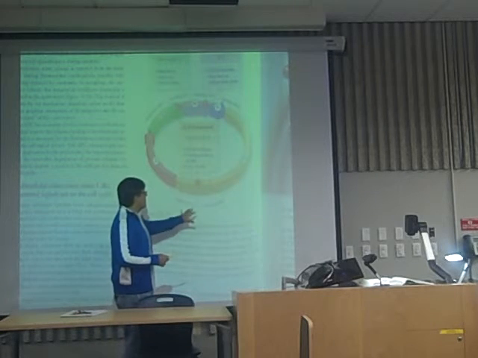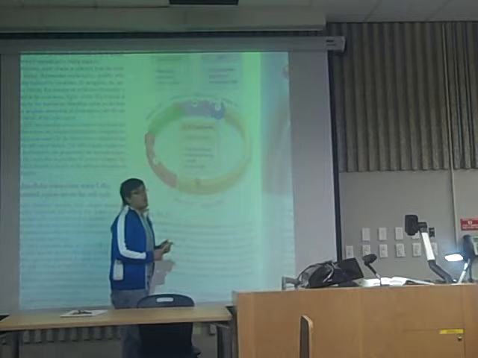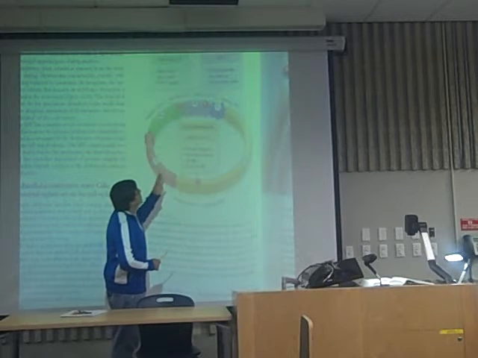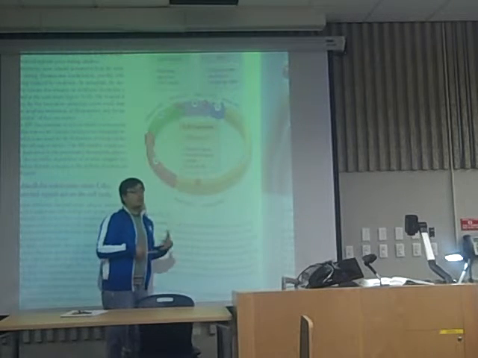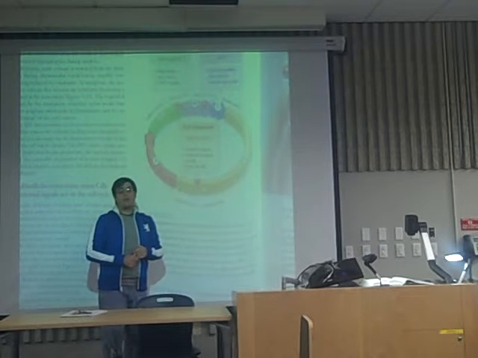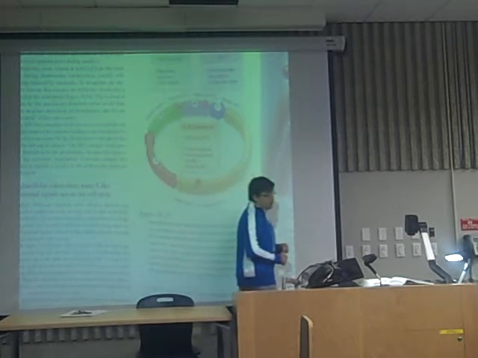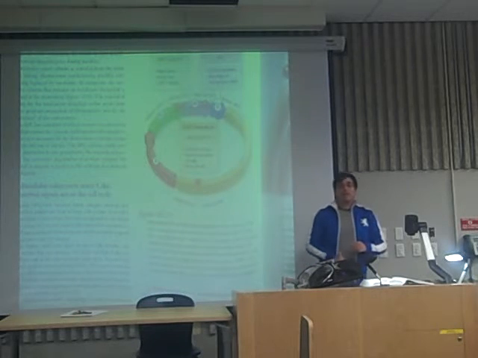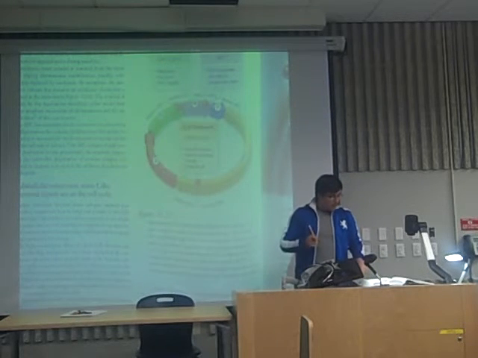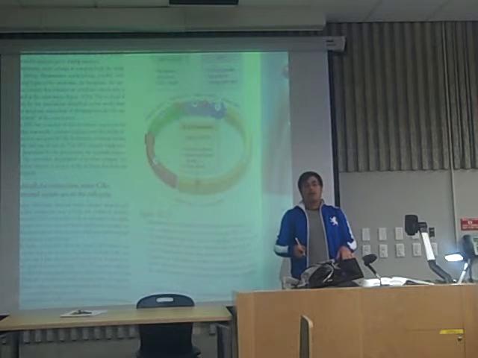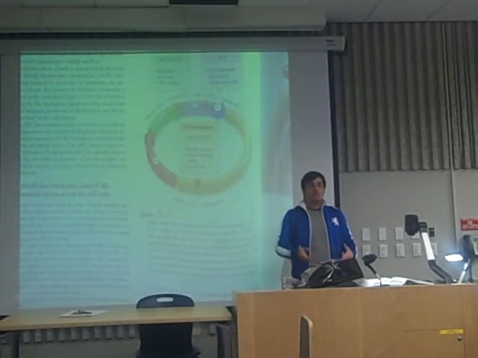Same concept as the CDK2 and CDK1. So at this point, using the APC complex, it promotes the actual functions that occur during the anaphase stage of the cell cycle. Okay, and now in the next video, we'll talk about the last concept in this chapter, and that is the concept of cancer, oncogenes, and tumor